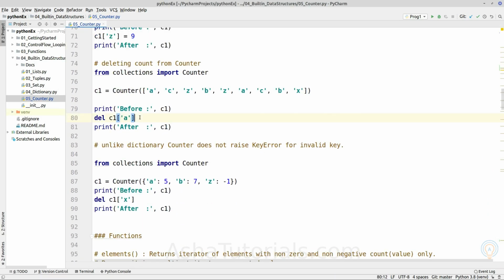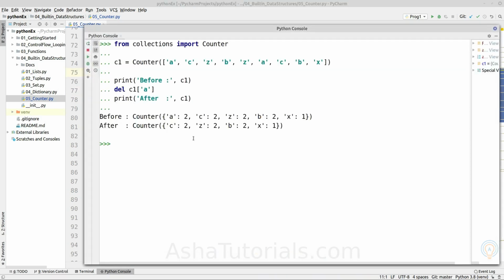Deleting is also the same: we write del, and inside square brackets we provide the hashable object. If we execute it, the given element and its value are removed.